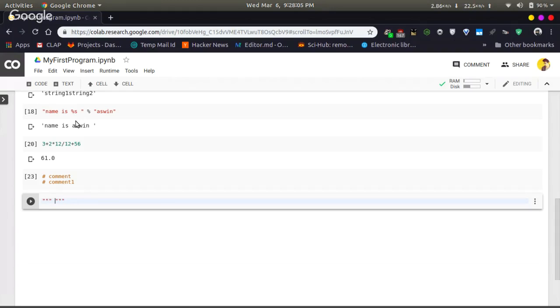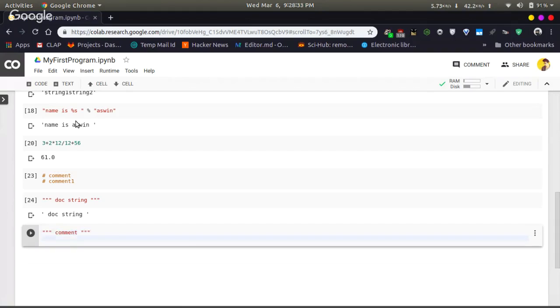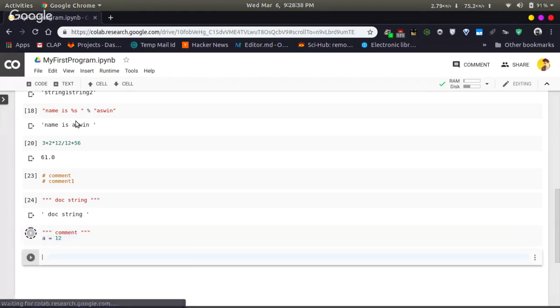You can write a docstring inside these 3 quotes. When you execute it, Python will see it as a string, but you can use it for commenting purpose. When you type comment like this and you type a statement under this, the comment will not affect the execution of this statement.